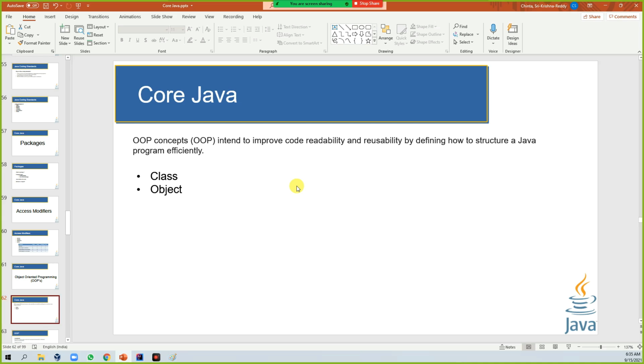So a class specifically tells the structure of whatever logic you are going to write. An object is any sort of class related information that you make into an object notation, which will be used in your program.